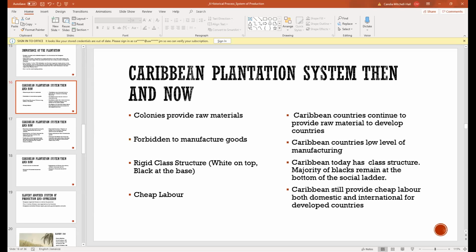Now, a perfect example of the class structure that exists in the society: the majority of students from certain schools are online doing learning, while some schools in some areas in the same country are not. For example, in Kingston, you have schools like Campion, St. Andrew, Immaculate, Jamaica College, that are reporting that 90% of their students are turning out for online school.